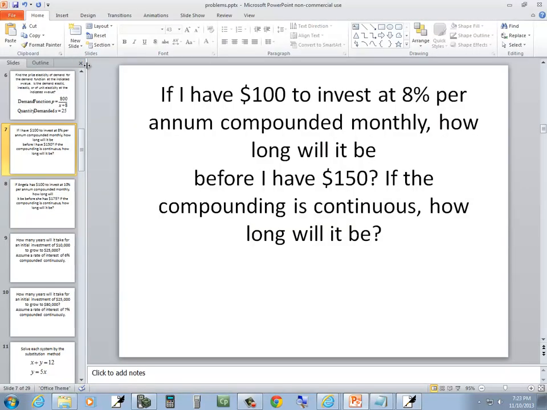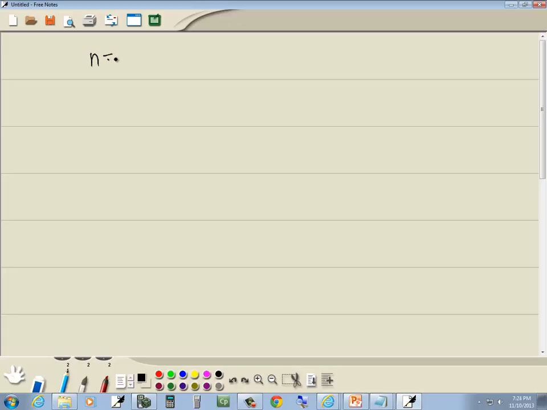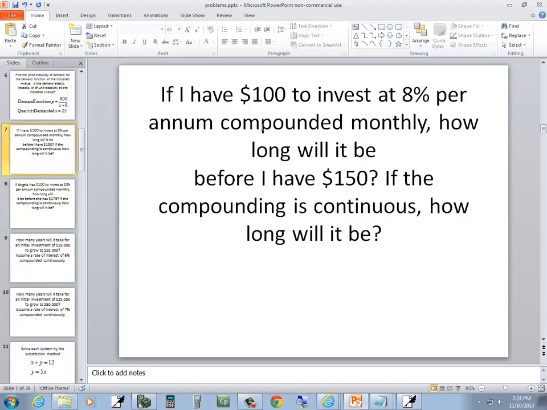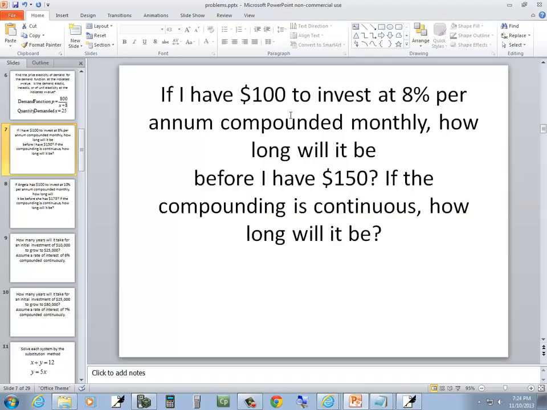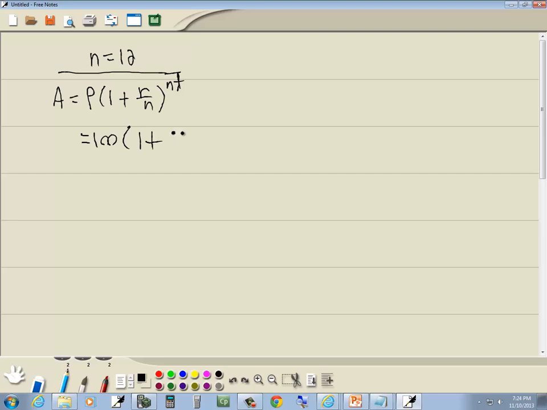So this first one, compounded monthly. That means n is equal to 12. And we want to use this formula: A is equal to P times 1 plus r over n to the nt power. If I have $100 to invest, that's our P. 1 plus, to invest at 8%, that's our r, so 0.08, and then n is 12, and then